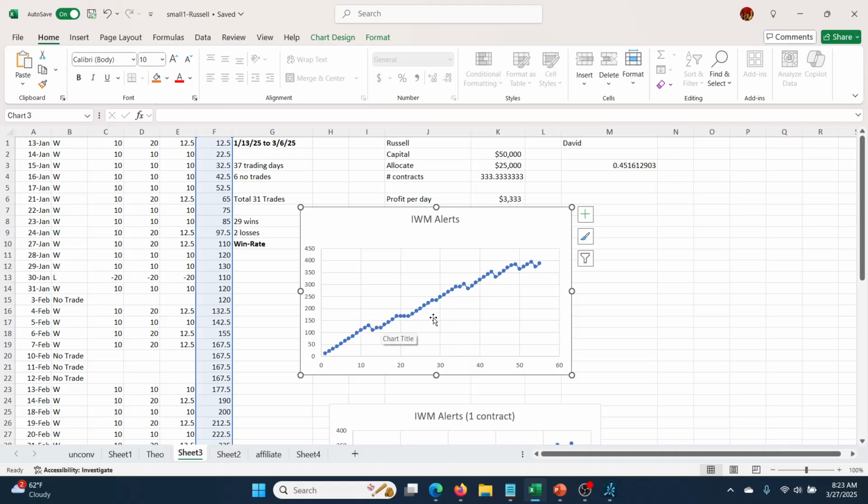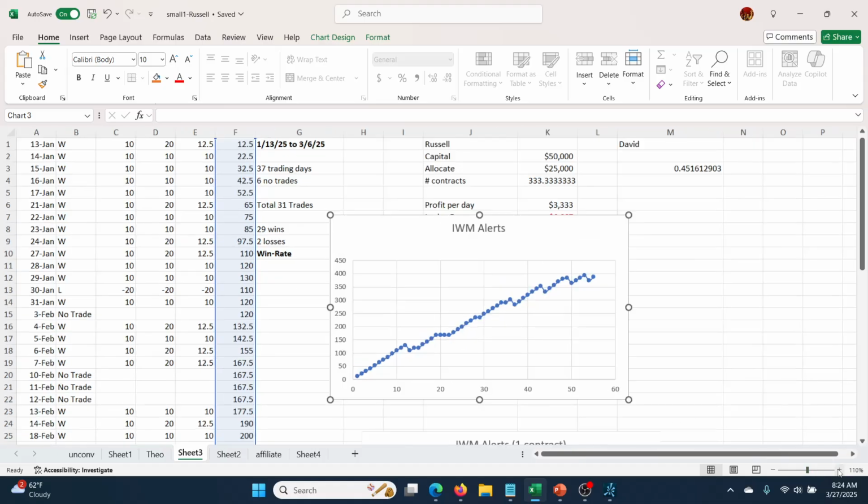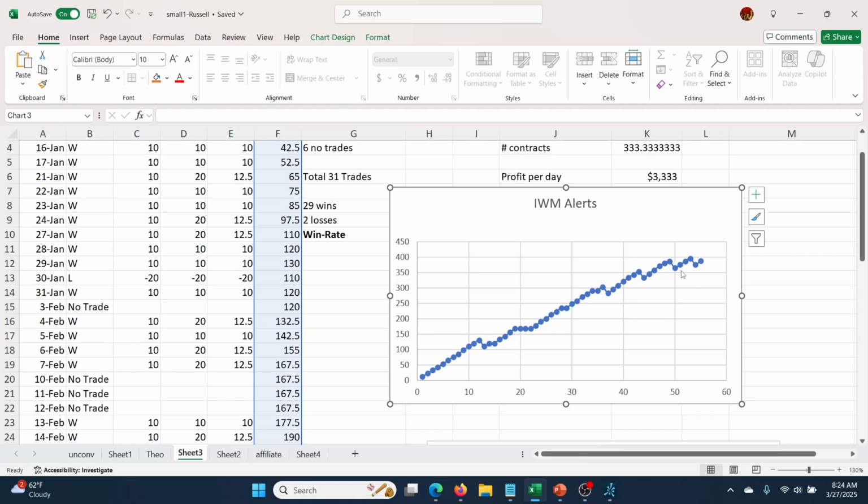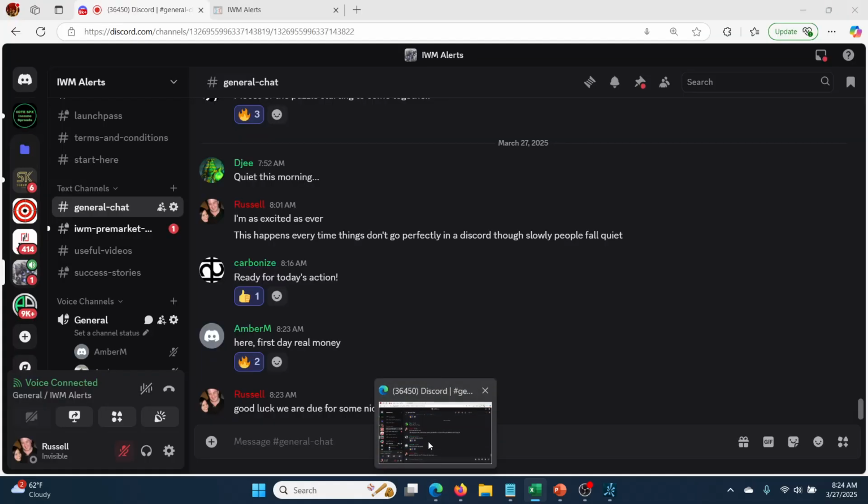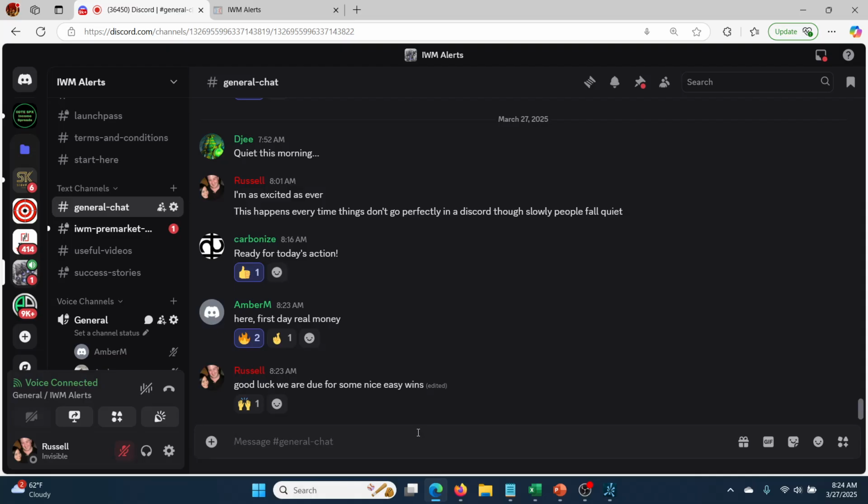This is the profit loss curve for David. You can see we're so linear for so long here. This is number of trading days. I'll zoom in. But we've had some chop over the last few trading sessions, which has caused some people some concern. We still have a high win rate, but it's not been as easy trading for sure, which is why I've set my take profit to be a little bit lower